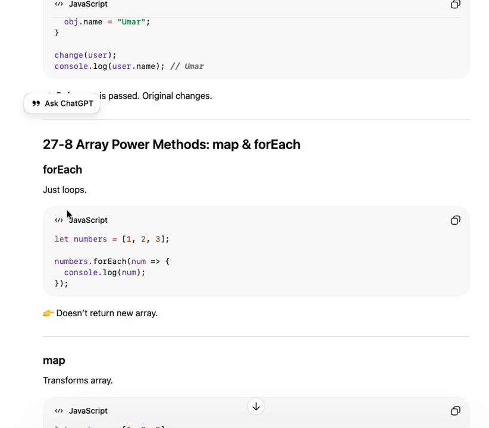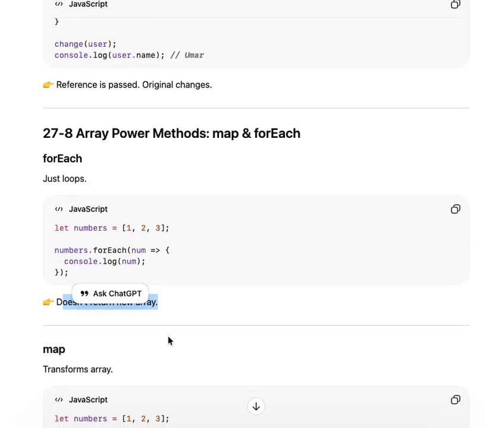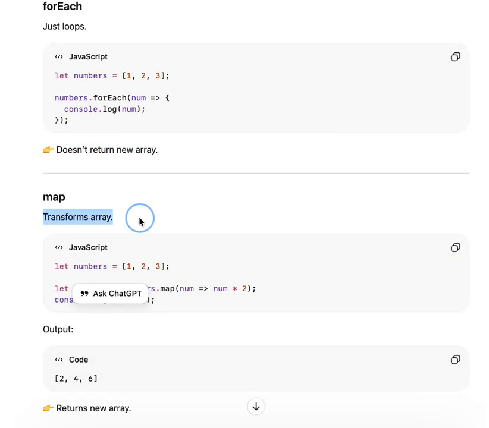Let number equal an array of 1 to 3, number.forEach(num => console.log(num)). It doesn't return new entries. So forEach usually doesn't return anything, but map transforms